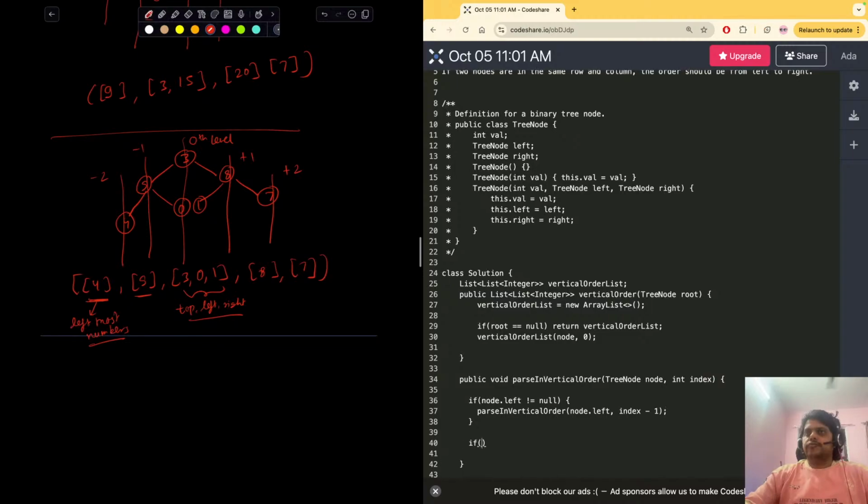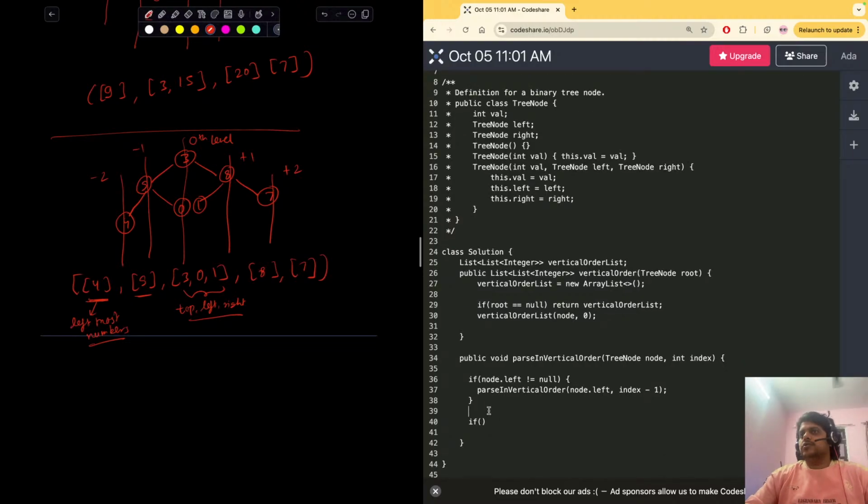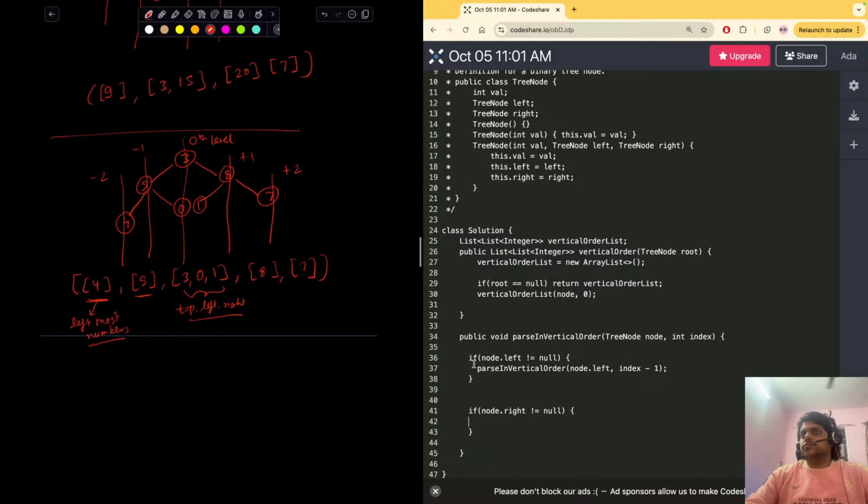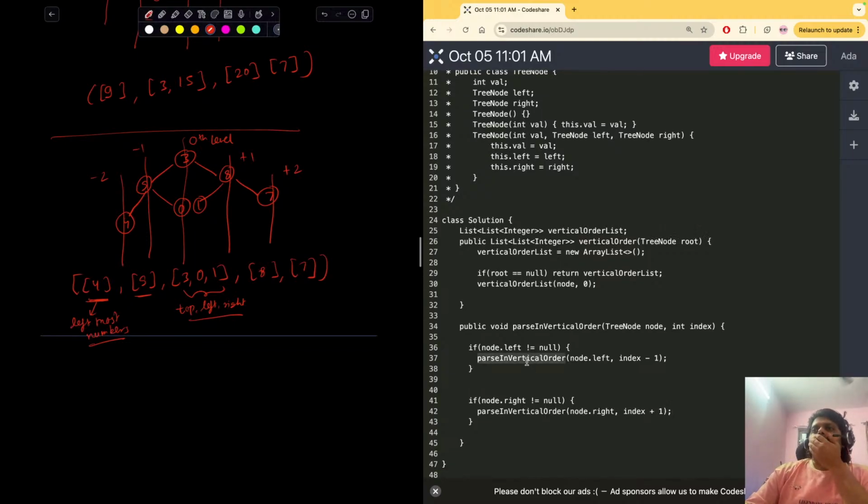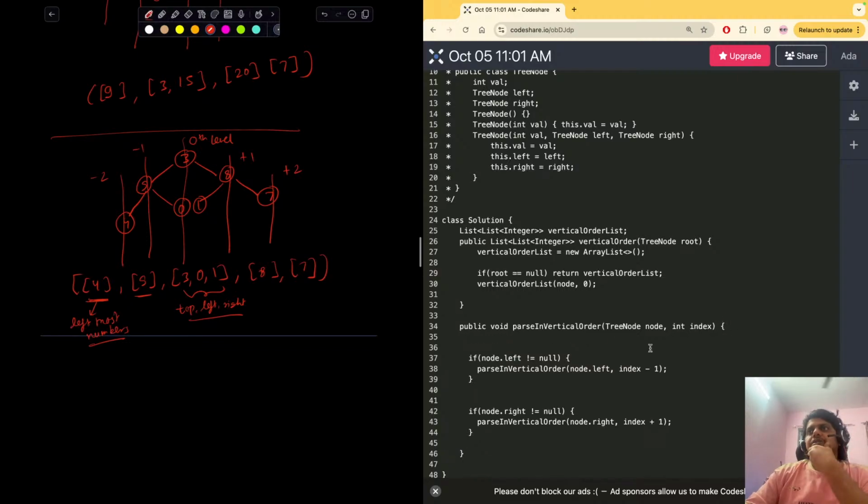Similarly, if node.right is not equal to null, parse vertical order node.right, index plus 1. Okay, so as soon as we meet a particular node with a particular index, let us say